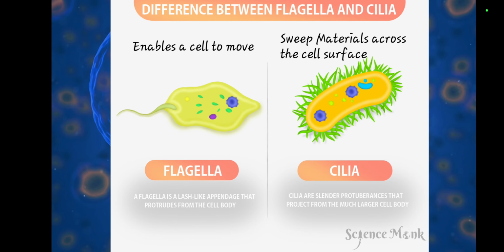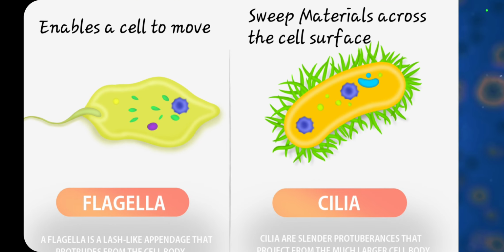Okay? Next, these are the differences between flagella and cilia. First, let's discuss what flagella are. Flagella enable a cell to move, and the appearance of a flagellum is a lash-like appendage that protrudes from the cell body. It's like it has a head and also a tail. While cilia, the main function of cilia is to sweep materials across the cell surface. That's why that is the appearance of cilia. It's like